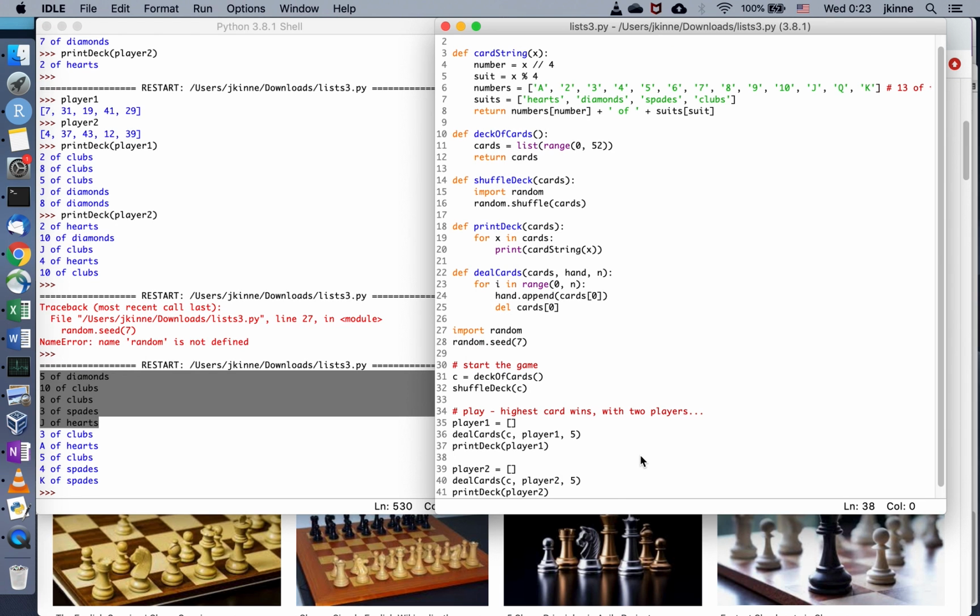Alright, so this is a good start to something mildly interesting. We're using functions to keep track of our code, keep it organized, and we're using lists to keep